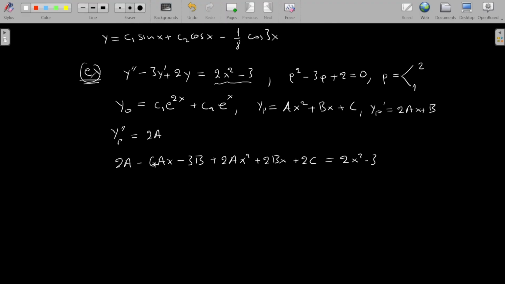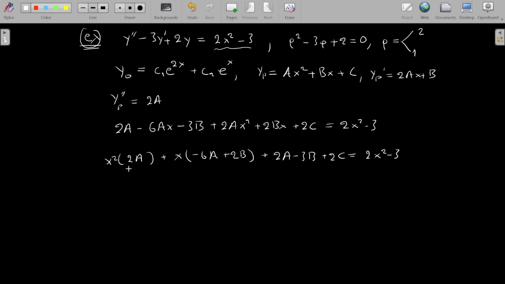Now group every term together. This is the only x², so x² times 2a, plus x, where we have -6a and +2b, and 2a - 3b + 2c equal to 2x² - 3,